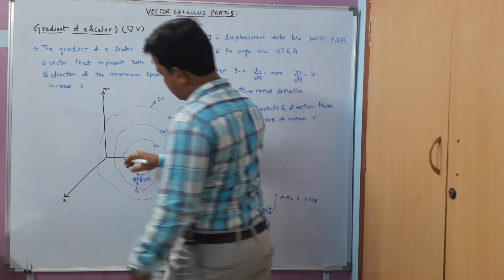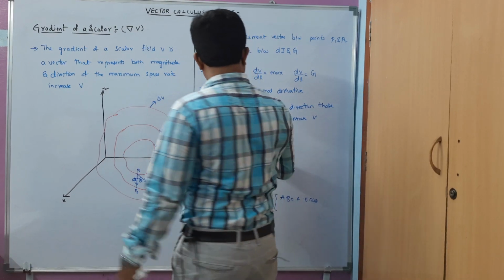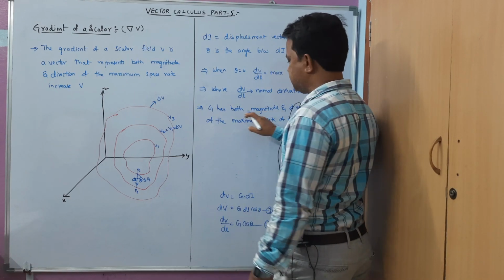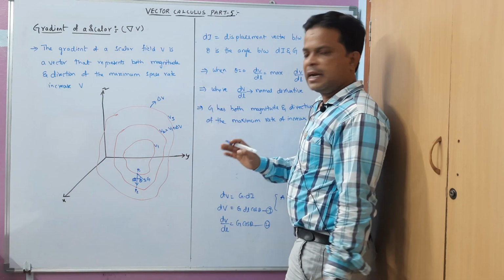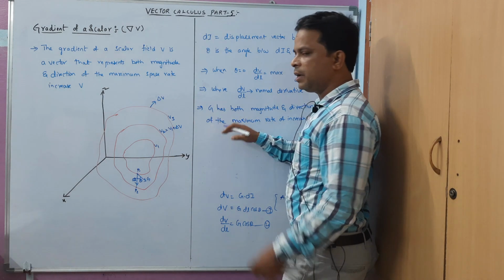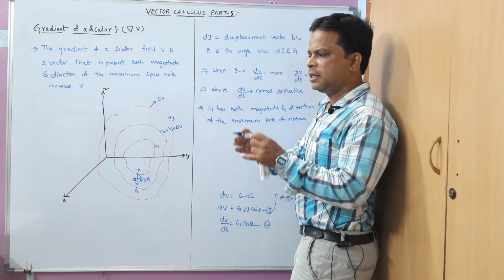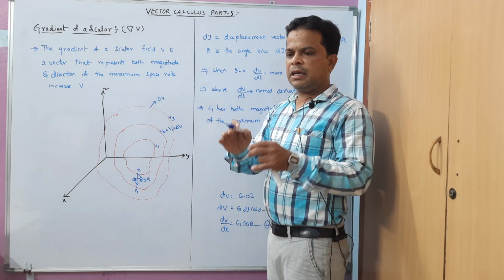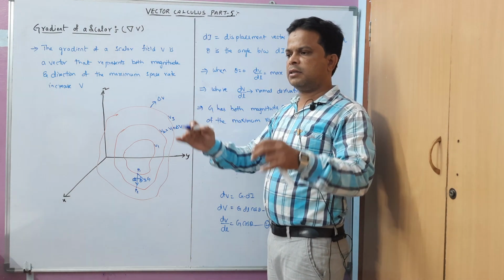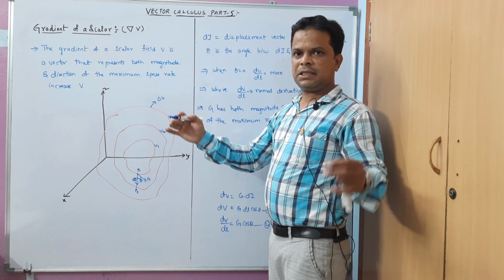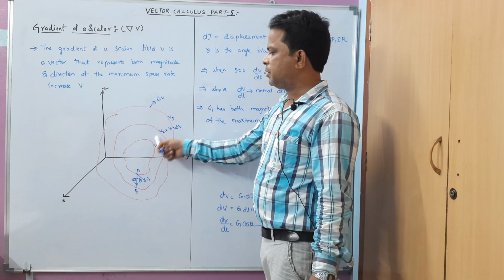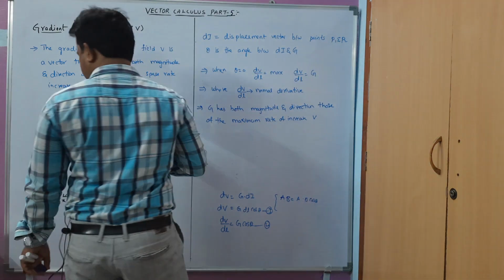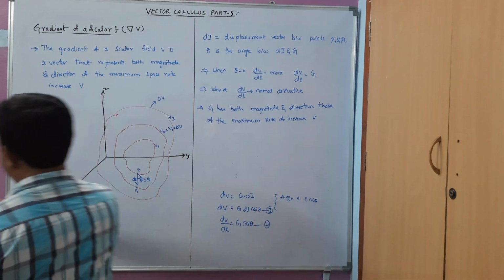So as V is increasing, G is going to maintain the vector, that is, it is going to have both magnitude as well as direction as the field dV keeps increasing. It is similar to an example: suppose you throw a stone in still water, the water makes ripples. It is similar to that. V1, V2, those ripples are going to have some constant value.